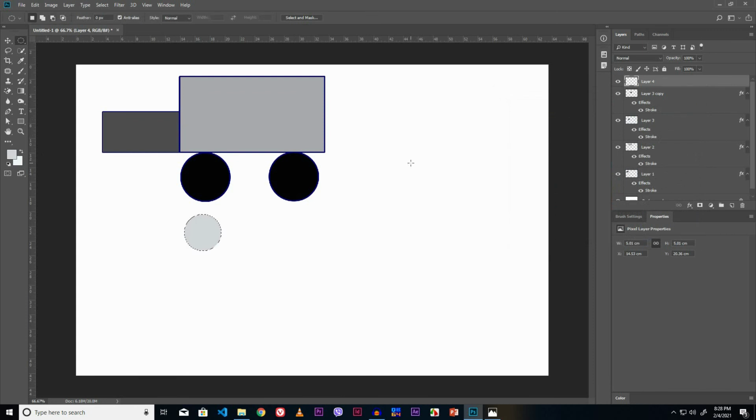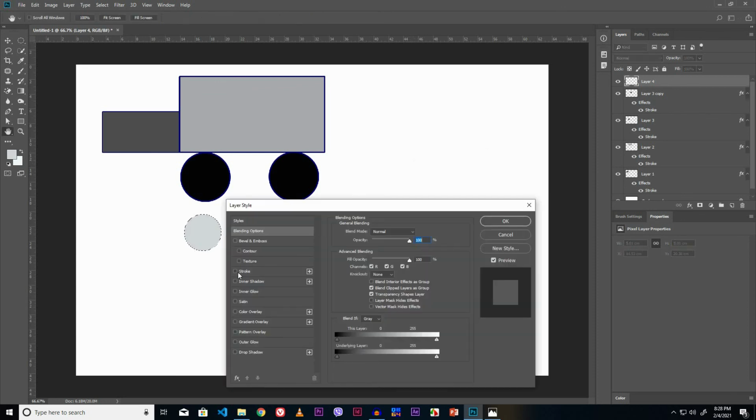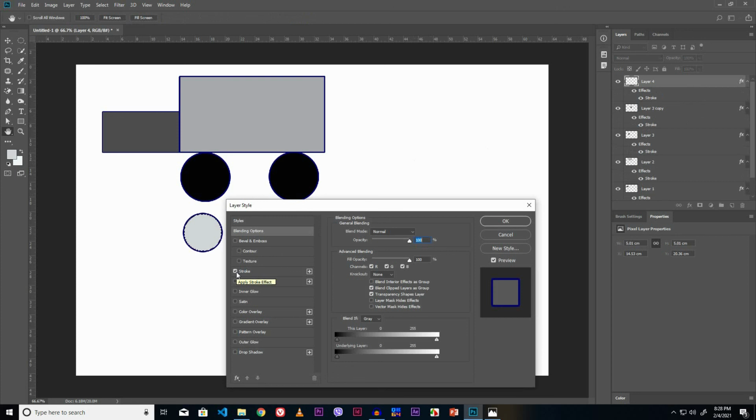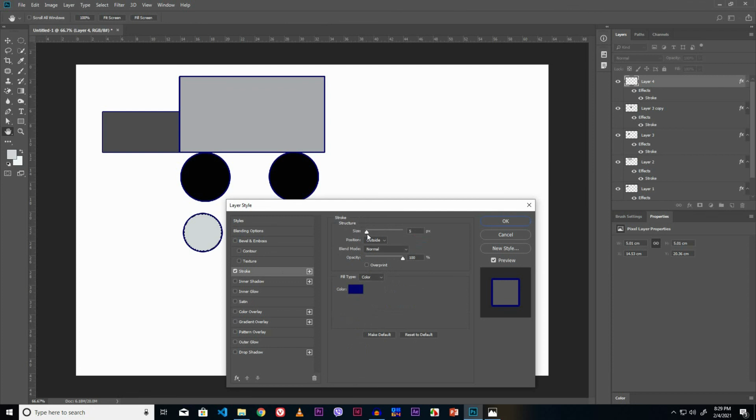Now set the stroke for this object. Just double click on its layer. Click the Stroke option. Now click once over here to activate the stroke parameters. We can set the different types of parameters from here. I like to leave it as it is. Click the OK button.